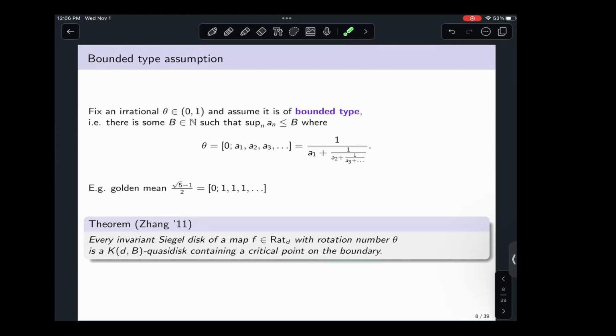And another thing I have to emphasize from this theorem is that the regularity of the Siegel disk, the dilatation of the Siegel disk as a quasi-disk, depends only on the degree of the rational map and the bound on the rotation number. I want to say as well that the